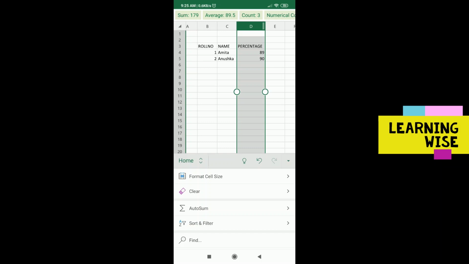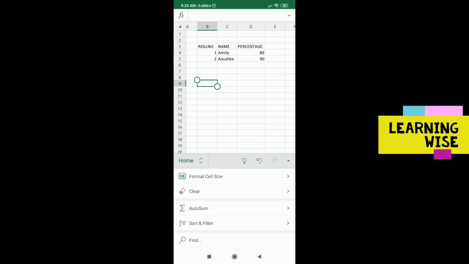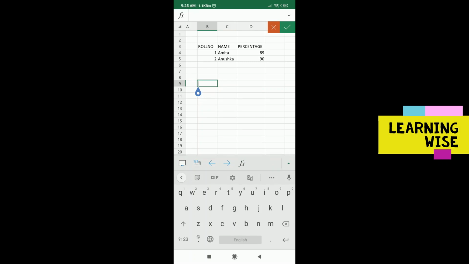All right, now let me write something here in this row. Double click. Let me write, this video explains the row and column width and height adjustments.